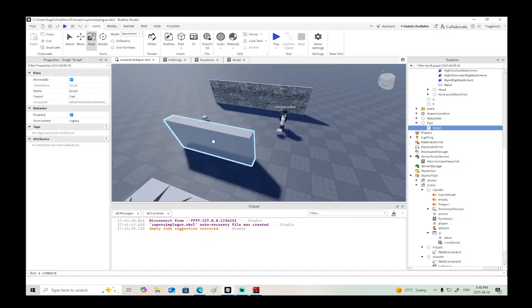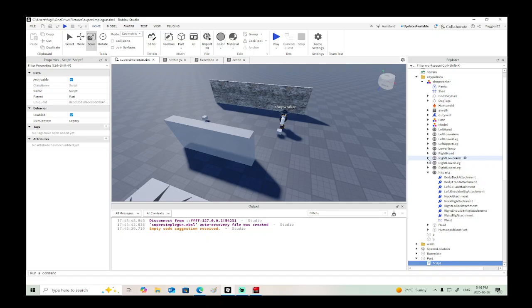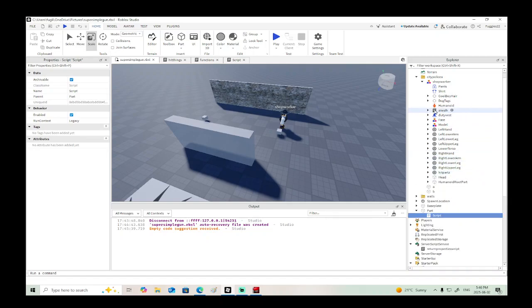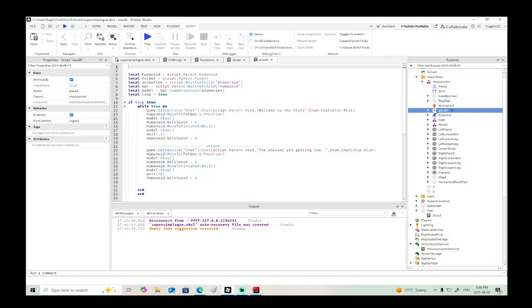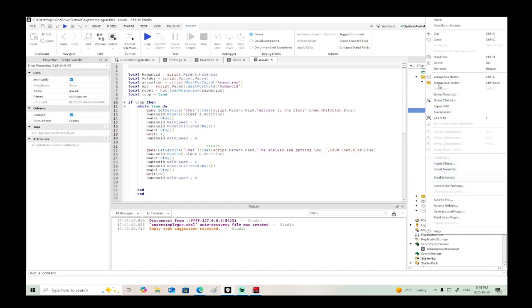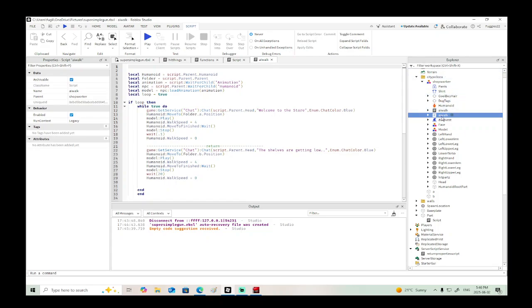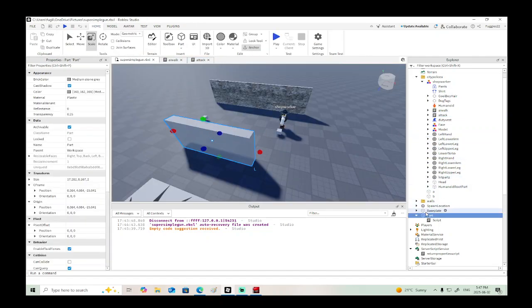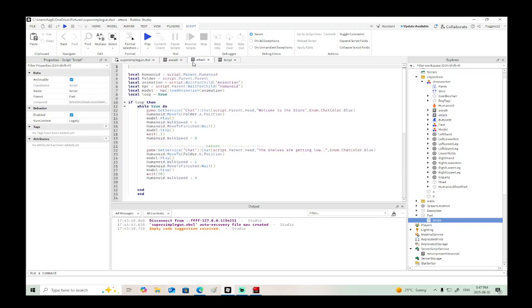So what we need to do is give the NPC our position, okay? So we need to take this AI walk code and duplicate it, and then this is going to be attack. Okay, so we'll make the second one attack. And now what we need to do, when it attacks, it's going to